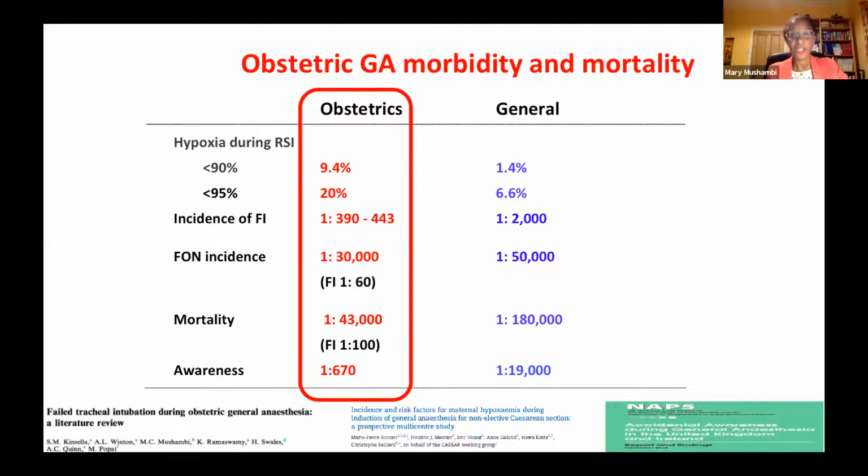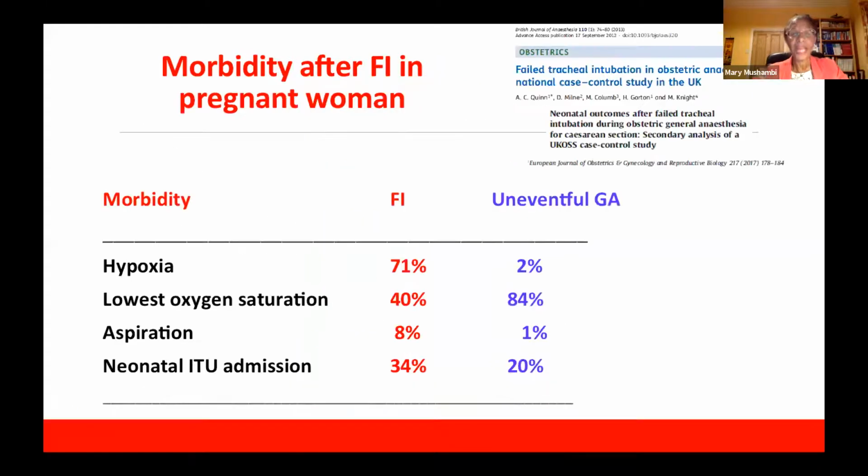And if you fail to intubate, that chance is 1%. And from NAP5, we know that the incidence of awareness in obstetrics is also significantly higher. Now, if we take this a step further and look at what happens to the obstetric woman if we have a failed intubation compared to an obstetric patient that doesn't have a failed intubation, you can see again here, the